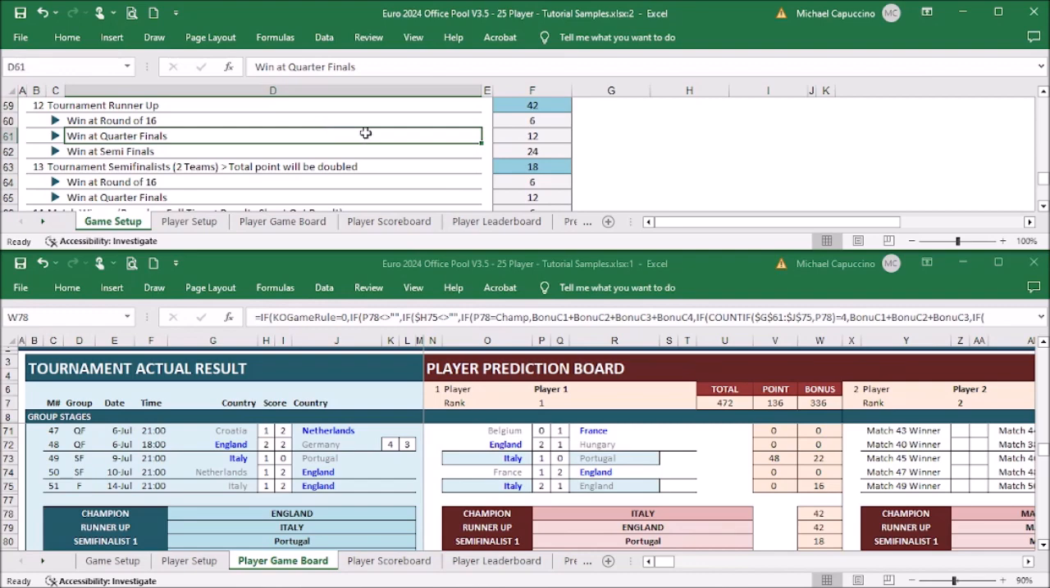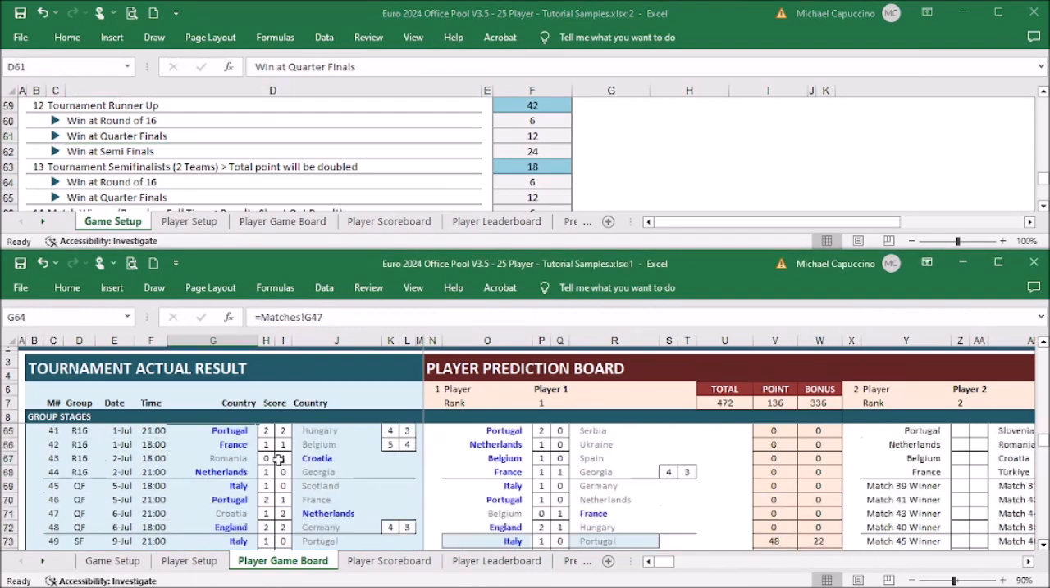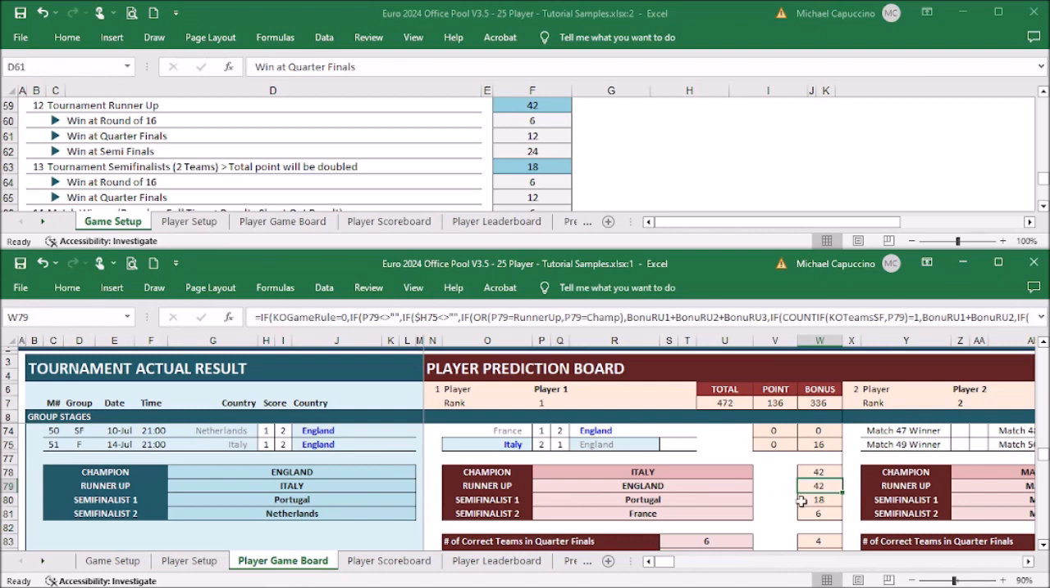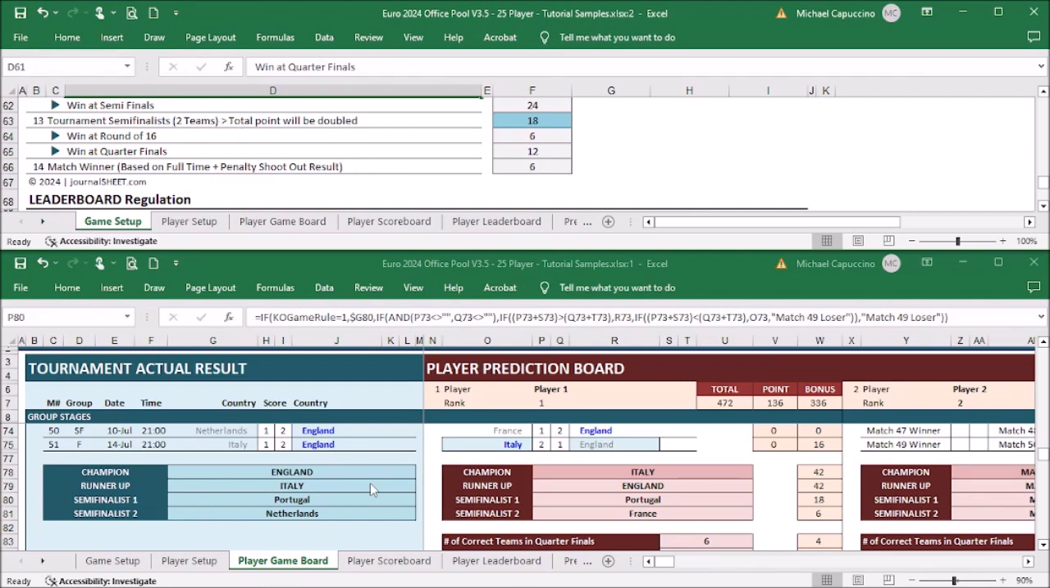Remember that the player didn't predict England to be the champion, where matches eligible for points are round of 16, quarterfinals and semifinals. That's why the player got 40 points as the maximum points for runner-up. It applies to semifinalists as well. Eligible rounds are round of 16 and quarterfinals only. Final